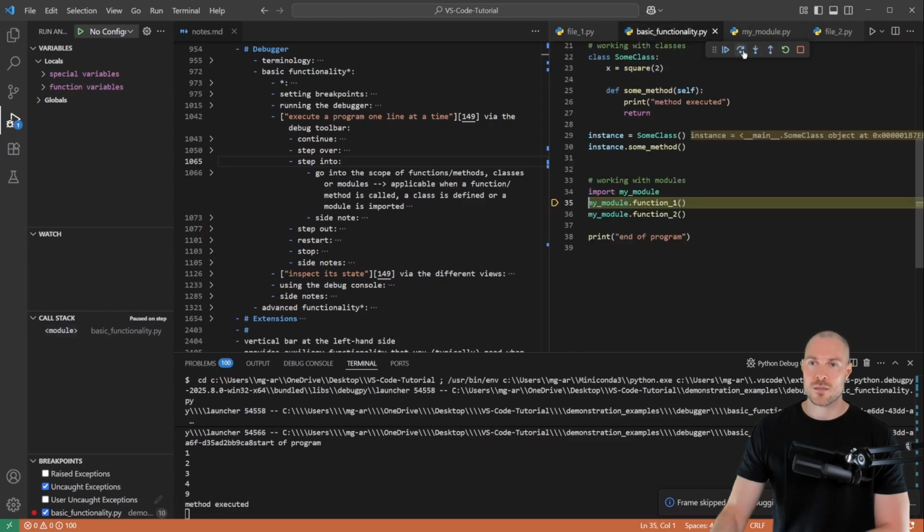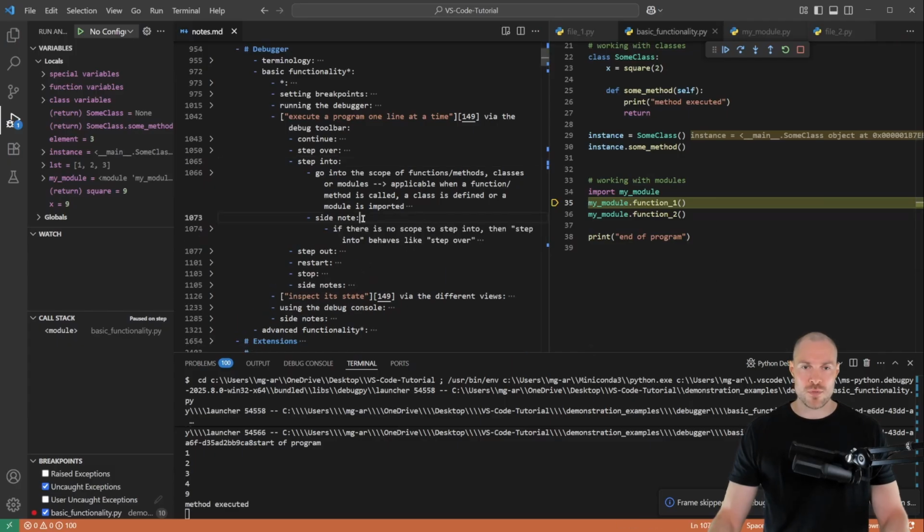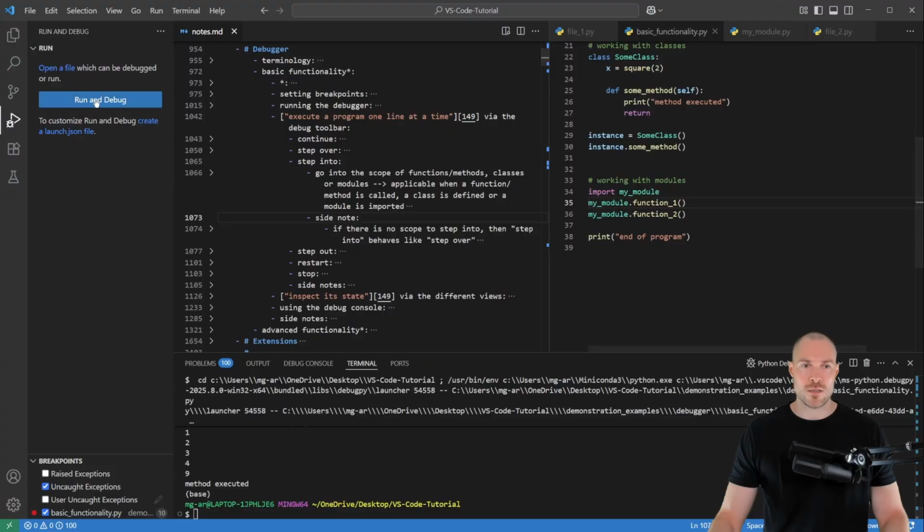So let's again step through. So this is how the step into action works. And here I also have a side note, namely if there is no scope to step into, then step into behaves like step over. So for example, if we stop the debugger again and then start it again,